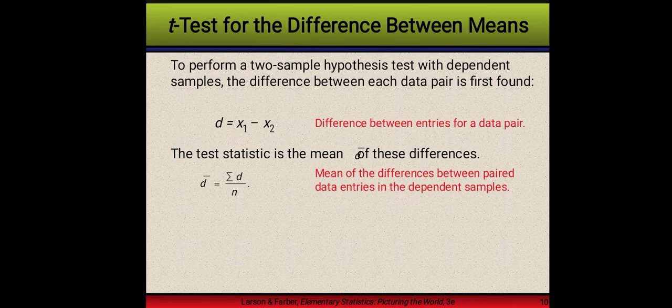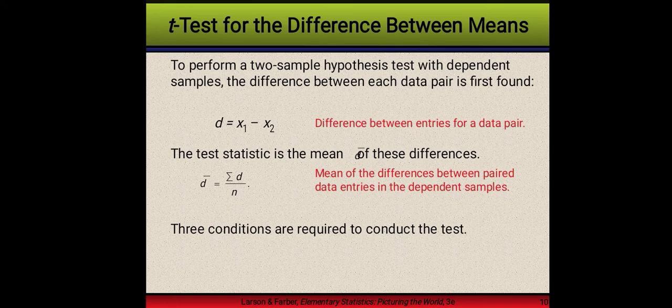T-test for the difference between means. To perform a two-sample hypothesis test with dependent samples, the difference between each data pair is first found. D is equal to x sub 1 minus x sub 2, the difference between entries for a data pair. The test statistic is the mean of these differences, d-bar, where d-bar is equal to the summation of D over n, the mean of the differences between paired data entries